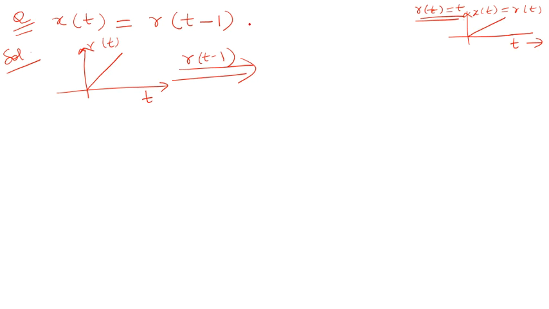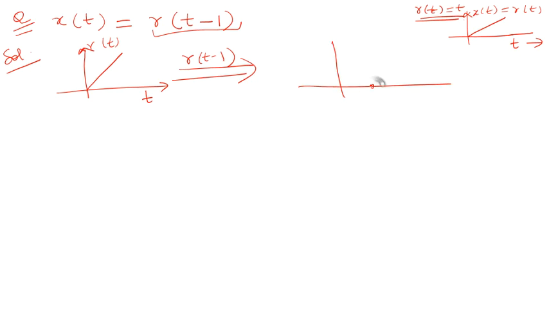Up till this point, it is now very clear to you that just by looking at the shifting factor, you can tell whether the waveform will shift towards the right hand side or towards the left hand side. Since this is written as r(t minus 1), this waveform will shift towards the right hand side. This is quite evident from the shifting factor. So you can just plot the waveform for r(t minus 1).